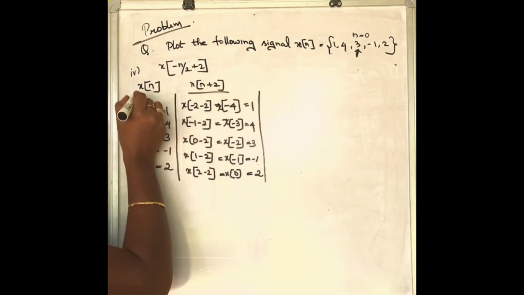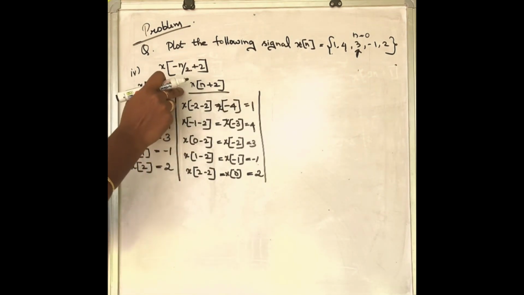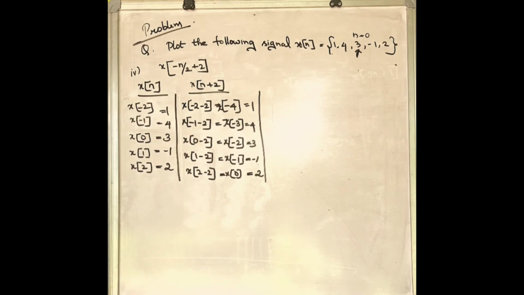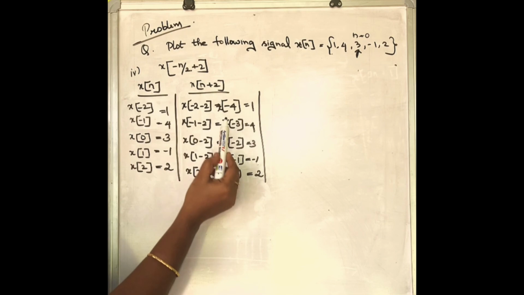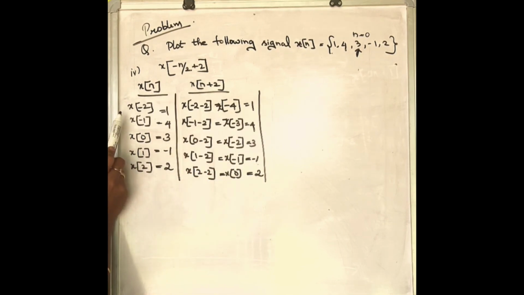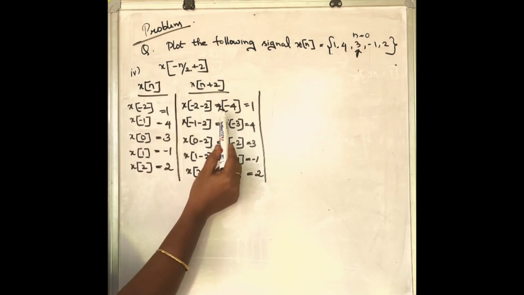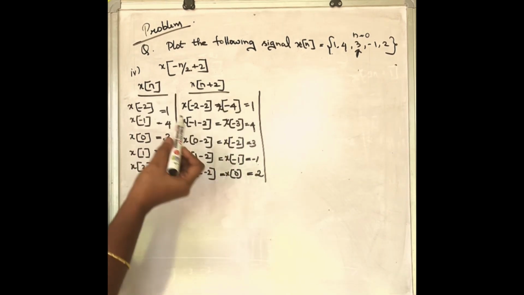Okay. So this is for x of n and this is for n plus 2. Since it is a shift in advance by 2, we are giving it as minus 2 and the resultant is here. Okay, so the signal which was supposed to start at minus 2 will now start in advance at minus 4. Next comes